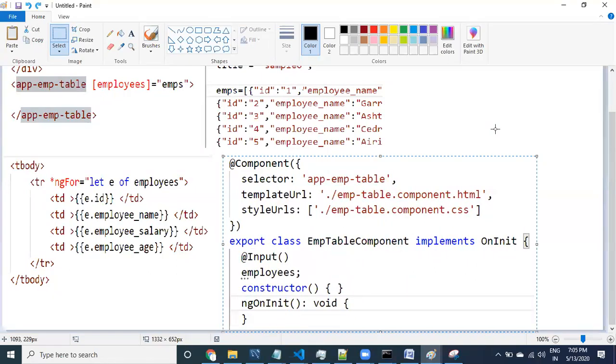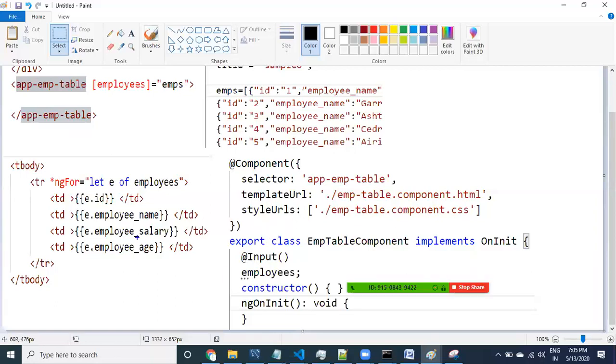This helps you a lot. Why? Because of how we are calling this one. Let us look at it, guys. These two things are related to the table component, and this one and this one are related to the app component.